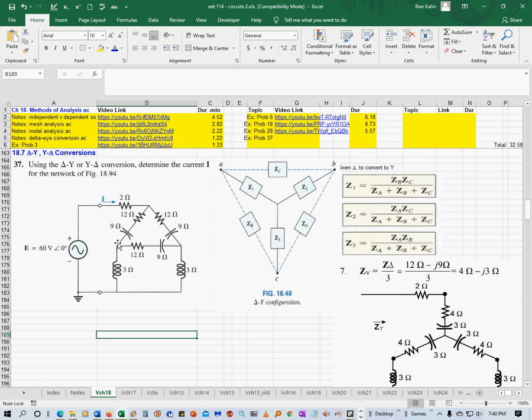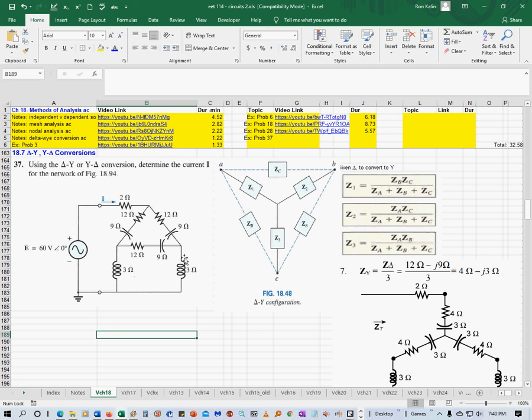EET 114, Chapter 18, Section 7 is delta to Y and Y to delta conversions. Problem 37: using the delta-Y or Y-delta conversion, determine the current I for this network. So the current I is the source current. You know what the voltage is, this voltage source, and then you have a 2 ohm resistor, then you have